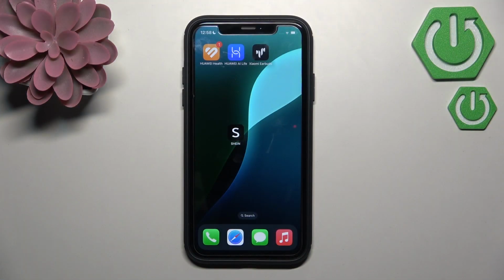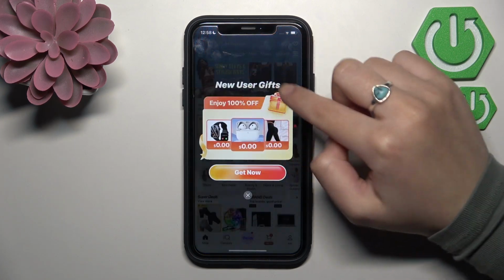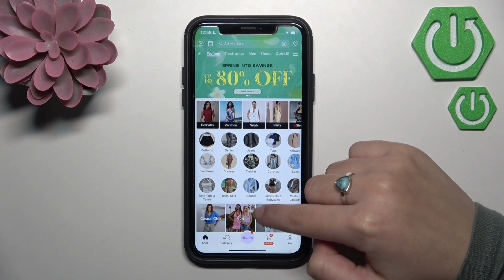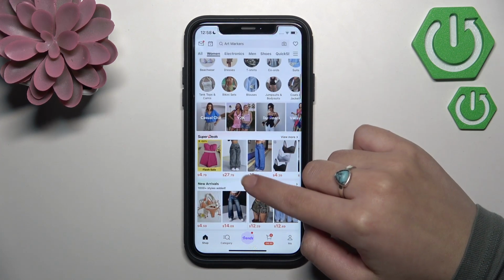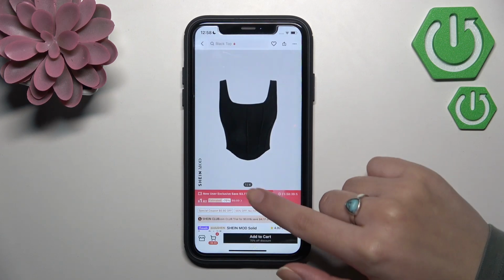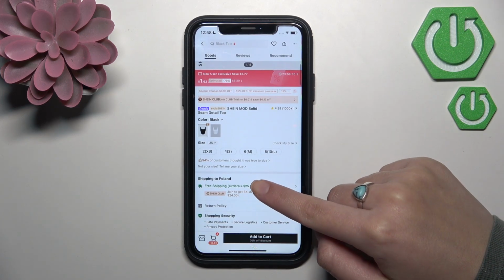So firstly, you need to open Shein on your device, and then you need to open the item you want to purchase. Let's say I want to order this cute top. So I need to